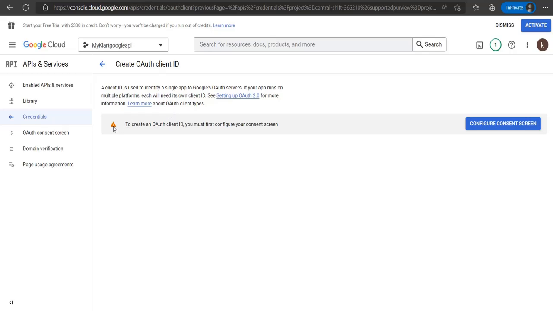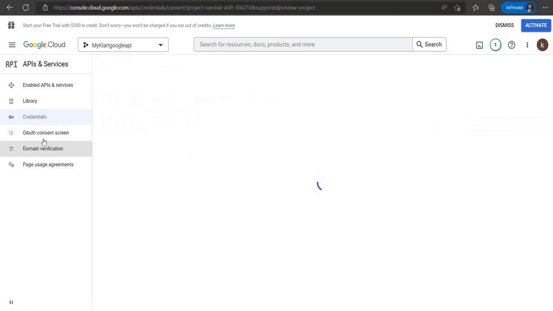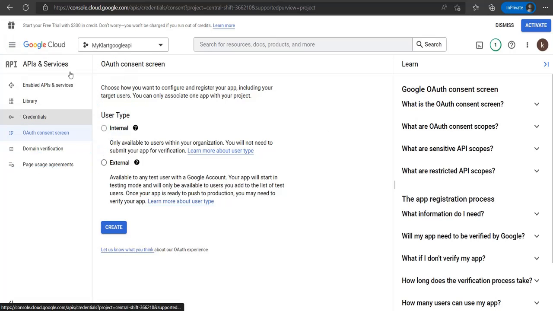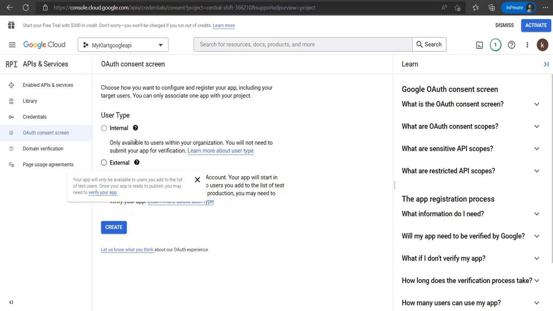Now you will see a warning: to create an OAuth client ID, you must configure this consent screen. So just click on this. It will go to this path, OAuth consent screen. Here you can select internal or external based on your requirement. Here I will select external because I am an external user of this Google account. Let's click on create,